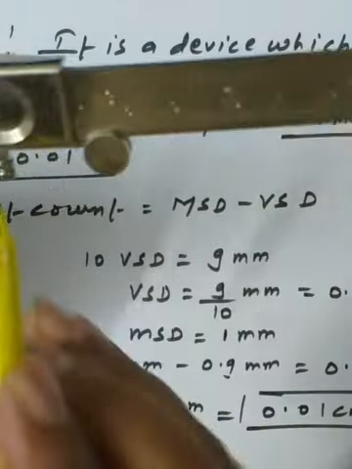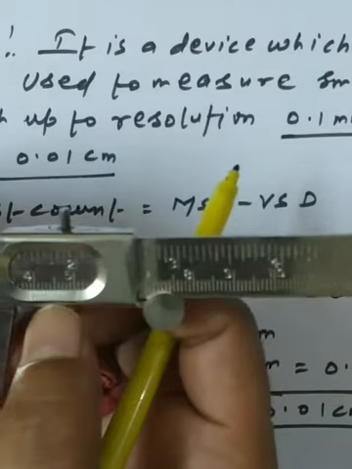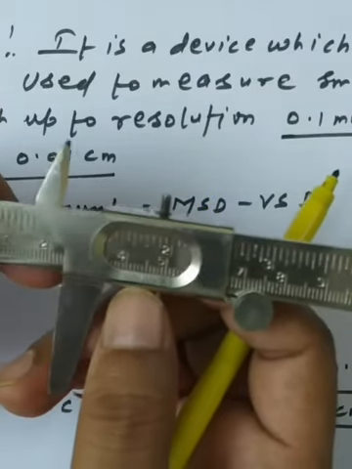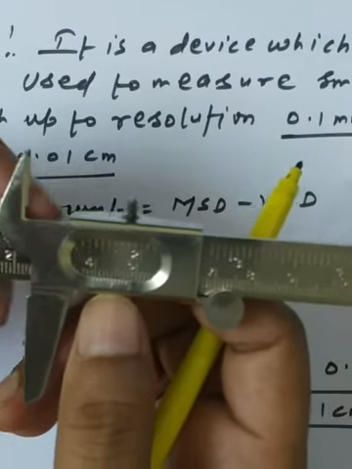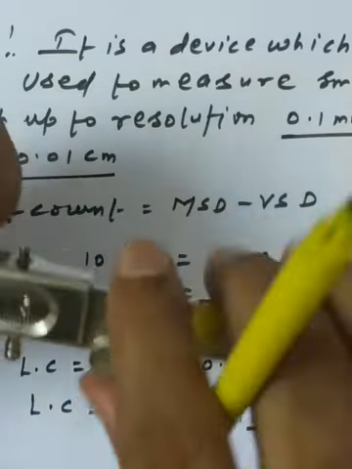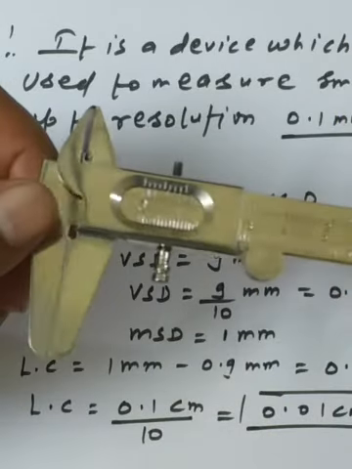This is the vernier scale we have. On the vernier scale, we have near about 11 lines which make the concept of the 10 divisions. Okay, so I am just approaching it that I am just completely closing the jaws.